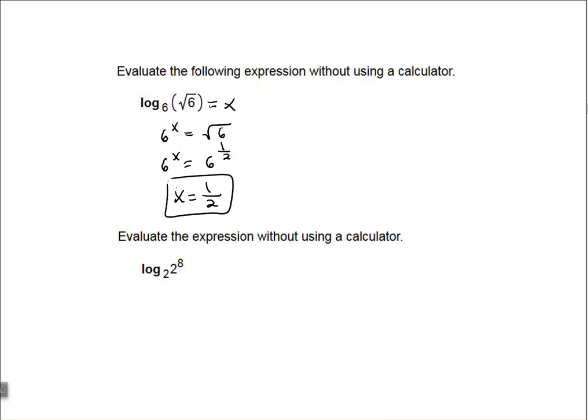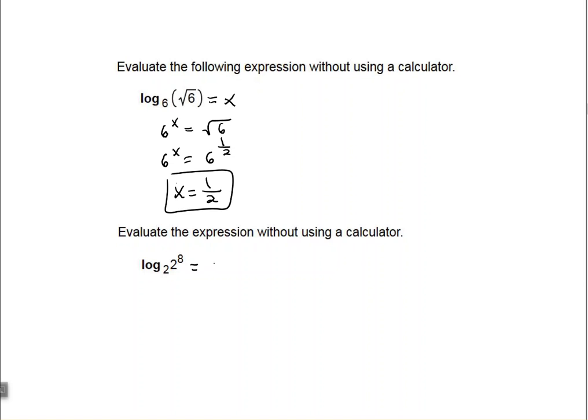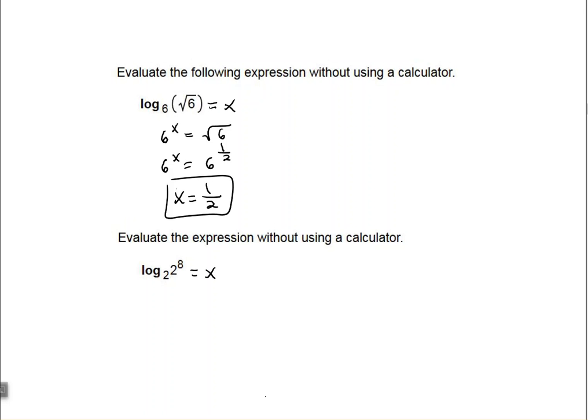All right, let's look at one more. So here I have log base 2 of 2 to the power of 8. So again, create an equation, write it in exponential form,